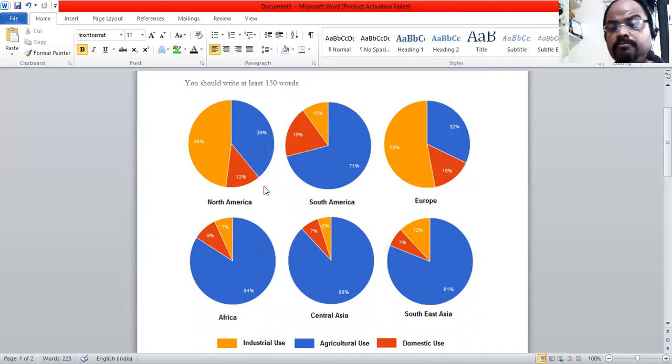So except in Europe and North America, where most of the water is used for industrial purpose. So there also we can say a considerable proportion of water is used for